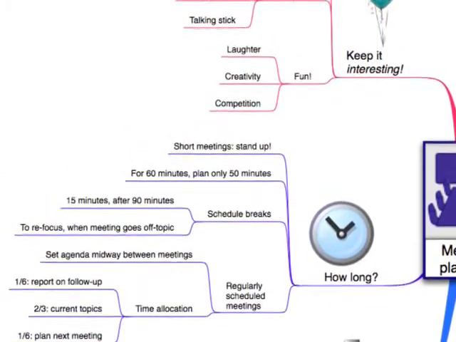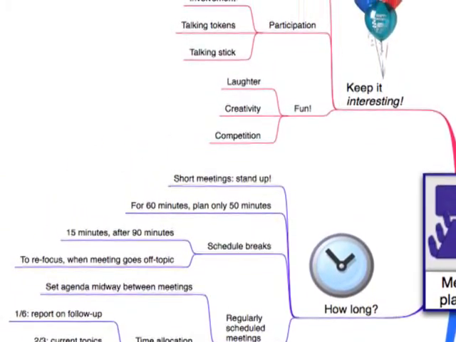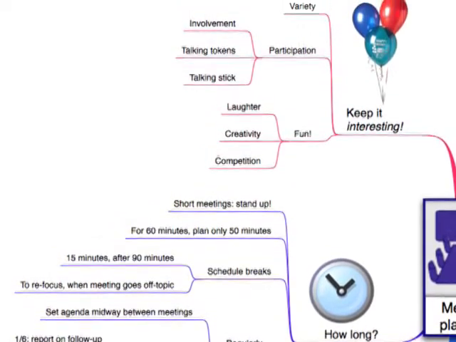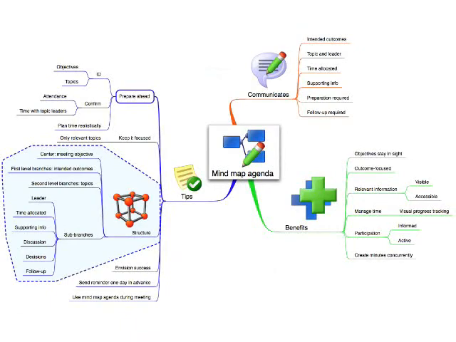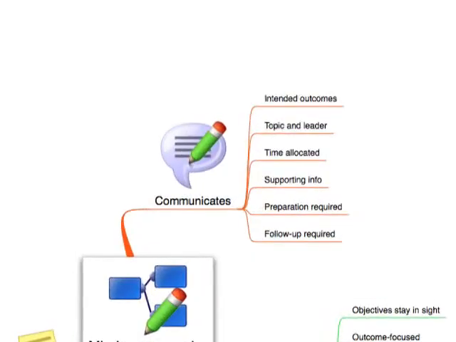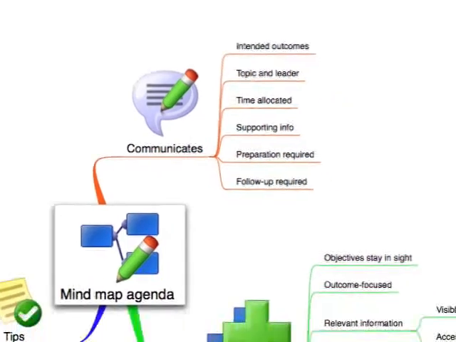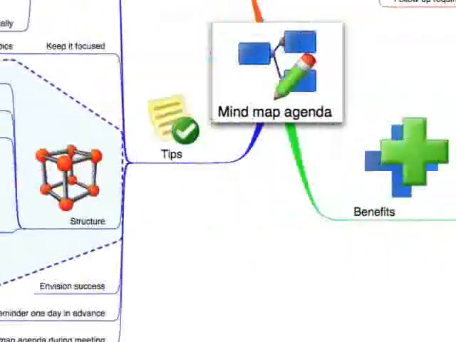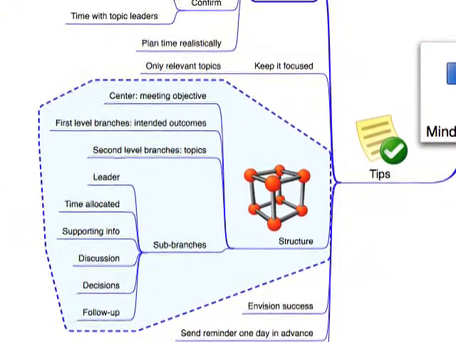I won't go into it in detail here. You can download the mind map from Novamind Connect and have a look at the discussion yourself. There's also another mind map there which looks like this and goes into what should be on a mind map meeting agenda in more detail